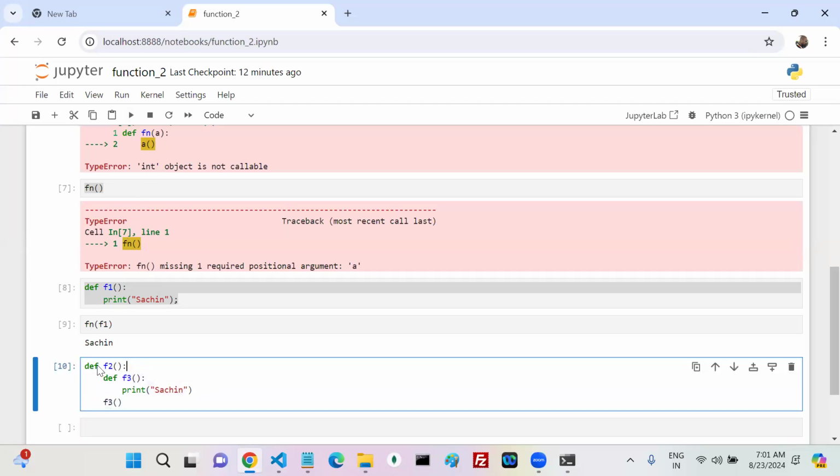That means there is one function, and you can define one more function inside of the function. Inside of the function, you can call one more function. Syntactically valid or not? Yes. Inside the function, you can write one more function, no problem at all. That is an inner function. At the same time, inside the function, you can call one more function also. Syntactically 100% valid.